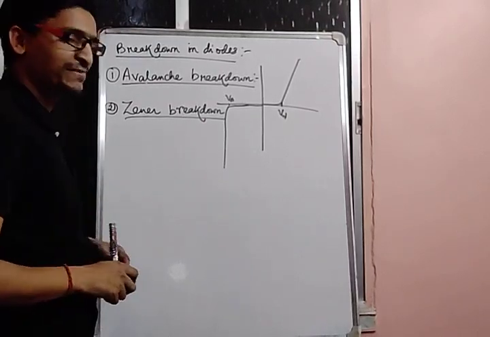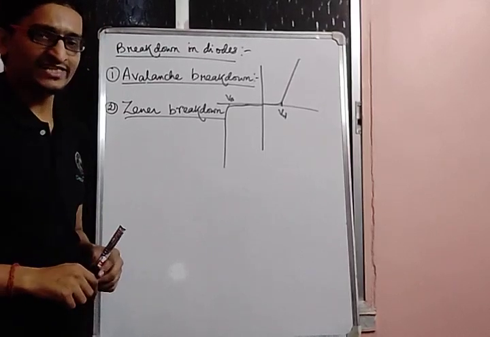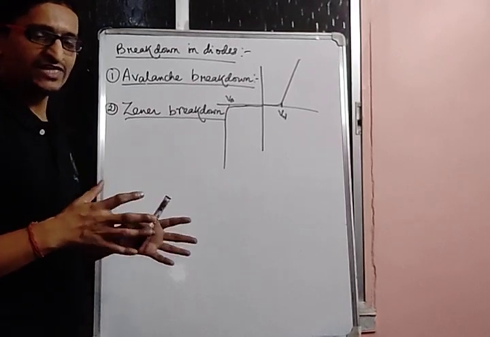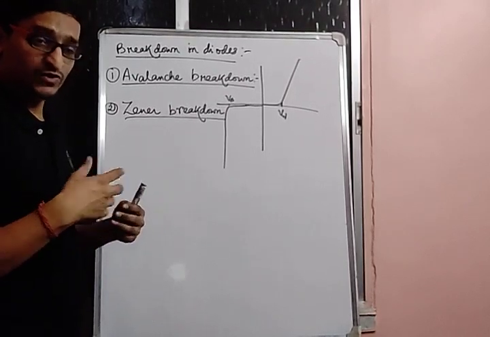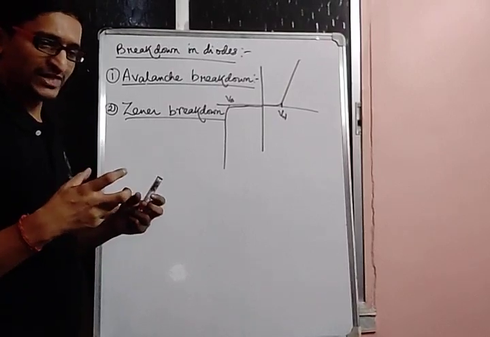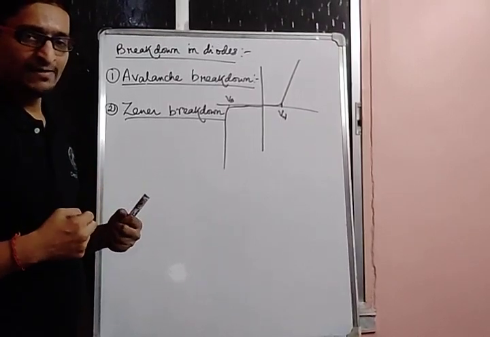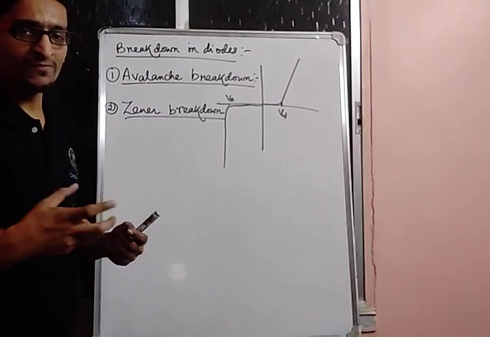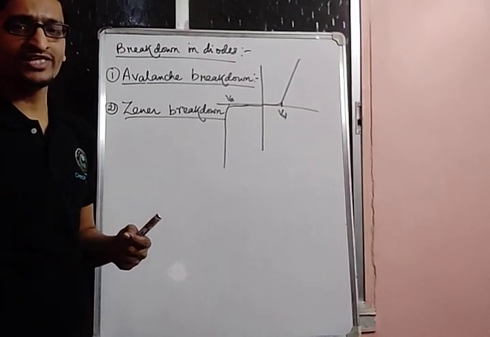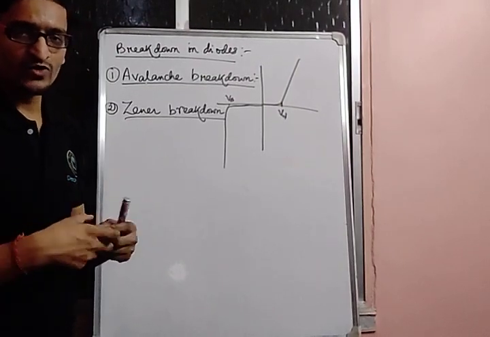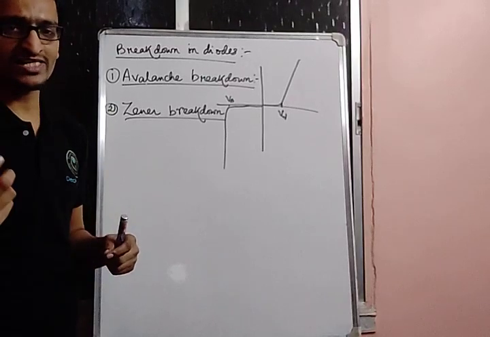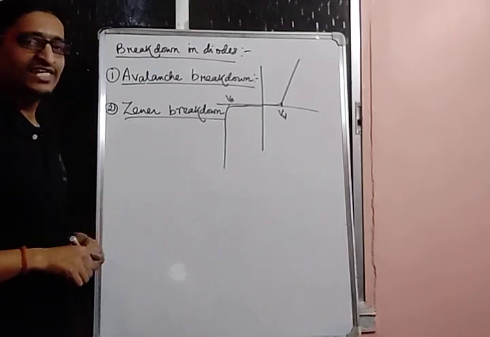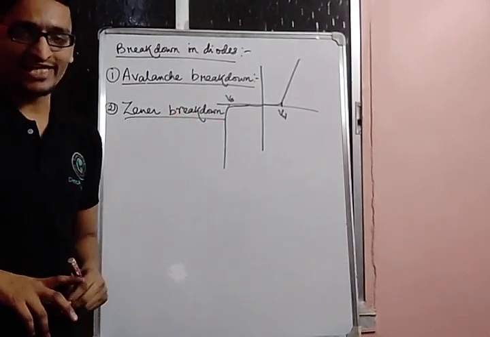On the other hand, in case of a Zener breakdown, as we go on increasing the applied reverse bias voltage, at a particular voltage the reverse bias voltage becomes sufficiently strong to rupture a covalent bond and to free the electrons. As a result, the concentration of free electrons increases, and at that instant we say that Zener breakdown has taken place.